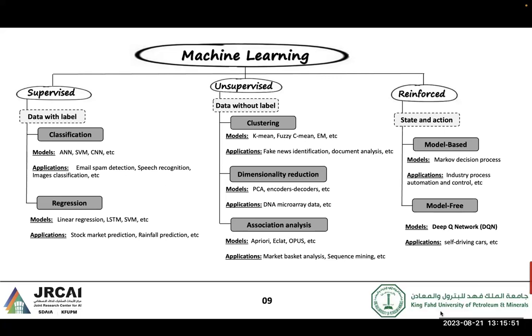in that case you have to use different models, as you can see: clustering, dimensionality reduction, association analysis. All these kinds of models could be used directly without using the label. So this is the key idea here. The third type of models, you can see, we don't have the data. So we start collecting the data by interaction with the environment. It's used a lot in the case of robotics. You will start by interacting, and from the experience you will get the data, and the idea here is that it's an online training process.